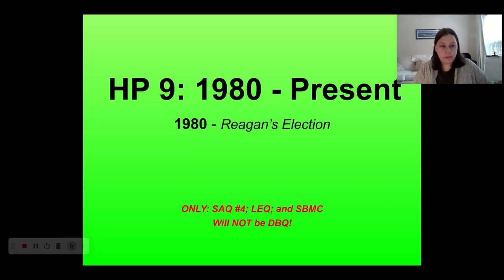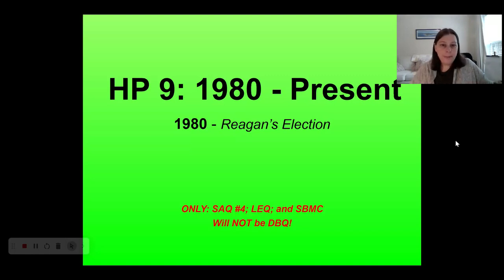Where you will see some of this information that we're going to go over is definitely in the stimulus-based multiple choice. There will probably be at least one or maybe even possibly two questions that deal with some of this post-1980 content. It may also be an option on the LEQ. Remember, the LEQ gives you 3 options, so the third one might be a more modern one dealing with some of this time period, and it might also be an option on the SAQ, right? You have the option between SAQ 3 and 4, which generally deals with later stuff, and might potentially include some of this.